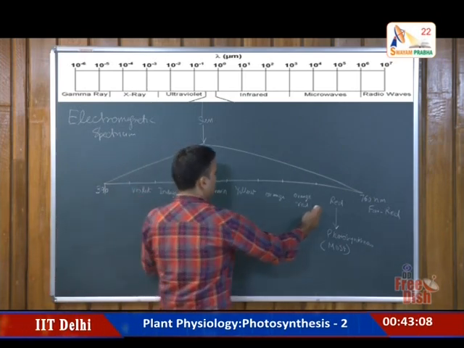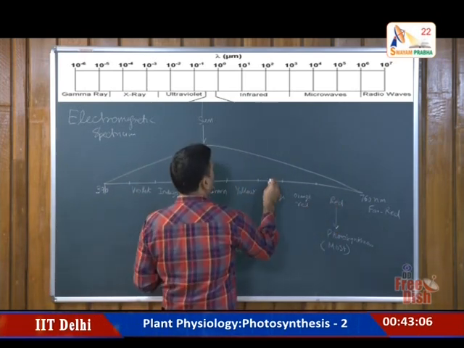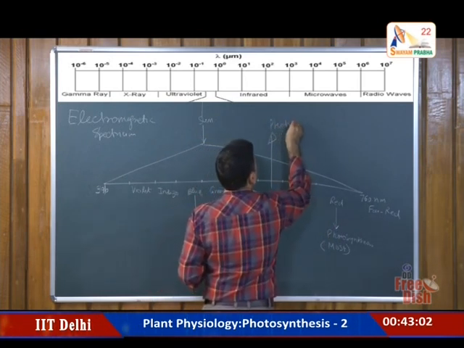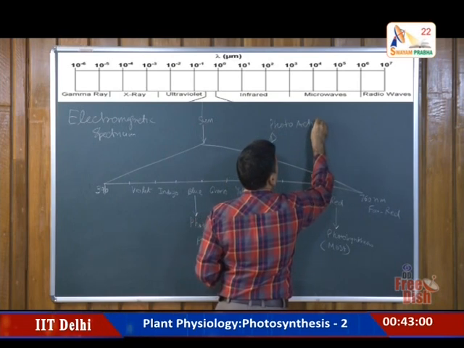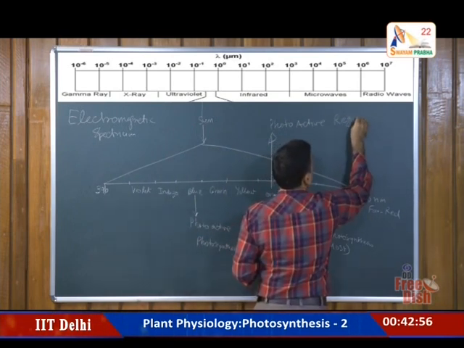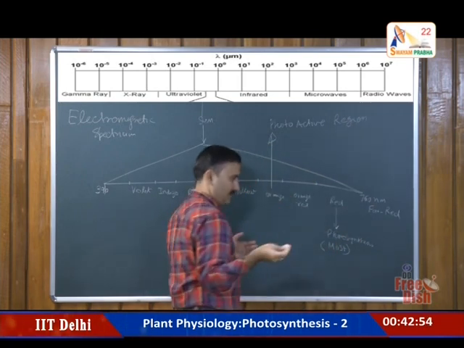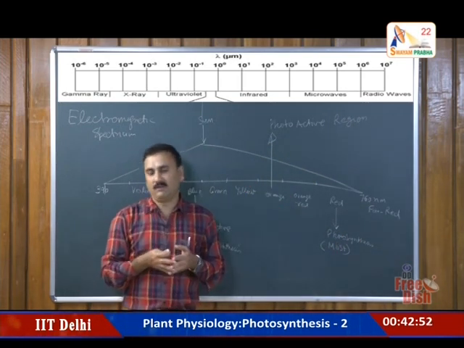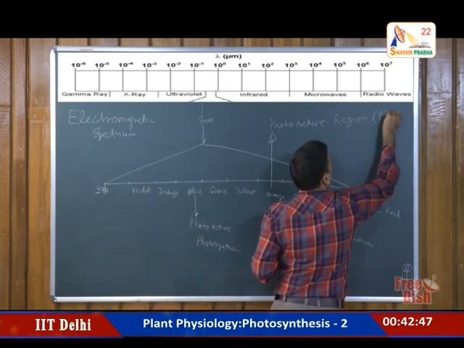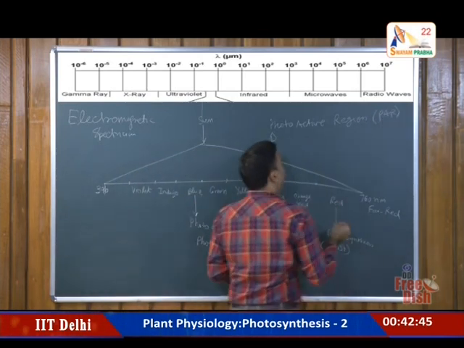And this region of blue to red is known as the photoactive region, because this is the region which is participating in the photosynthetic activity, or PAR, and